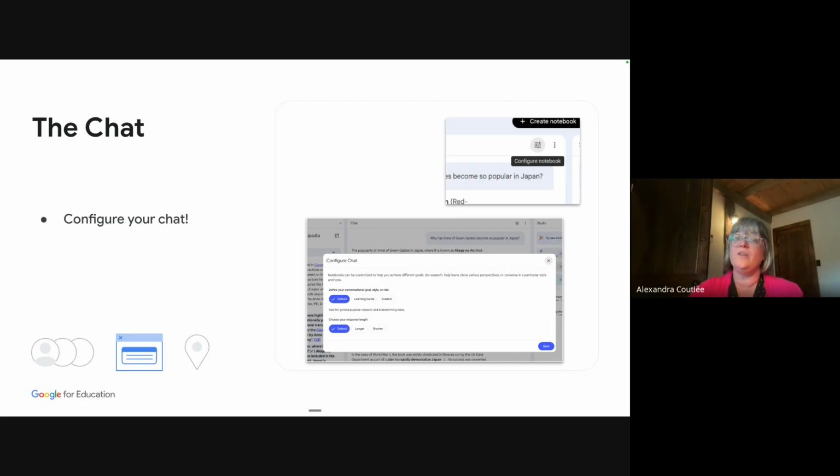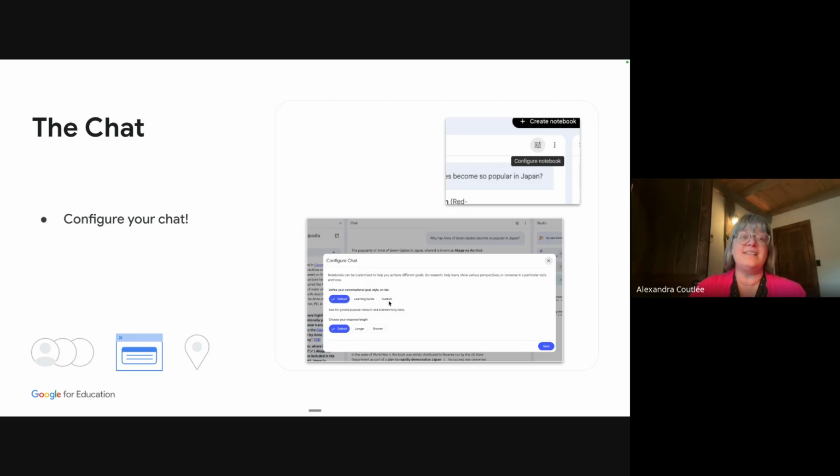So it's great if you want to learn about a topic, but also great to select before you share with students, because once it's shared with students, and I'll show you later how we share with students, it will stay in Learning Guide. They won't be able to reconfigure the whole thing. They'll stay in that tutoring kind of mode.